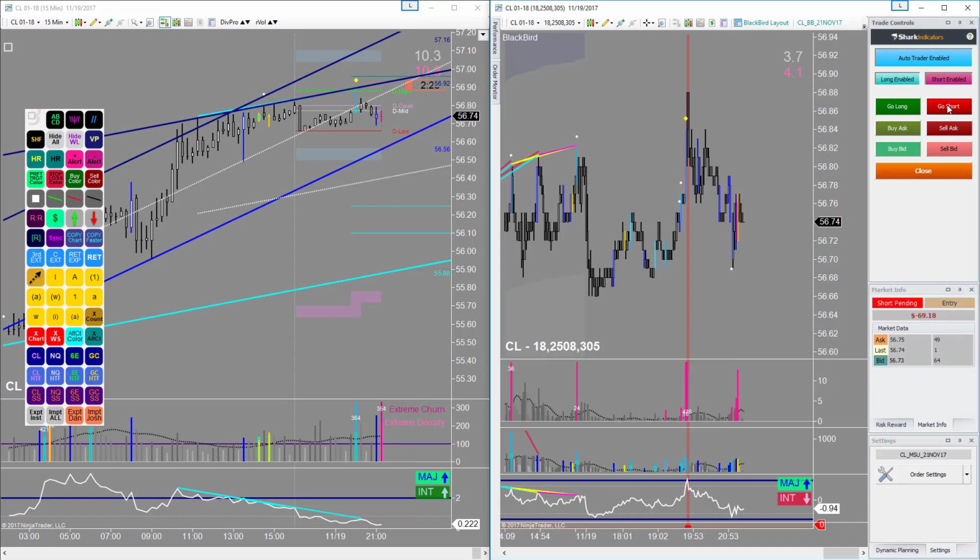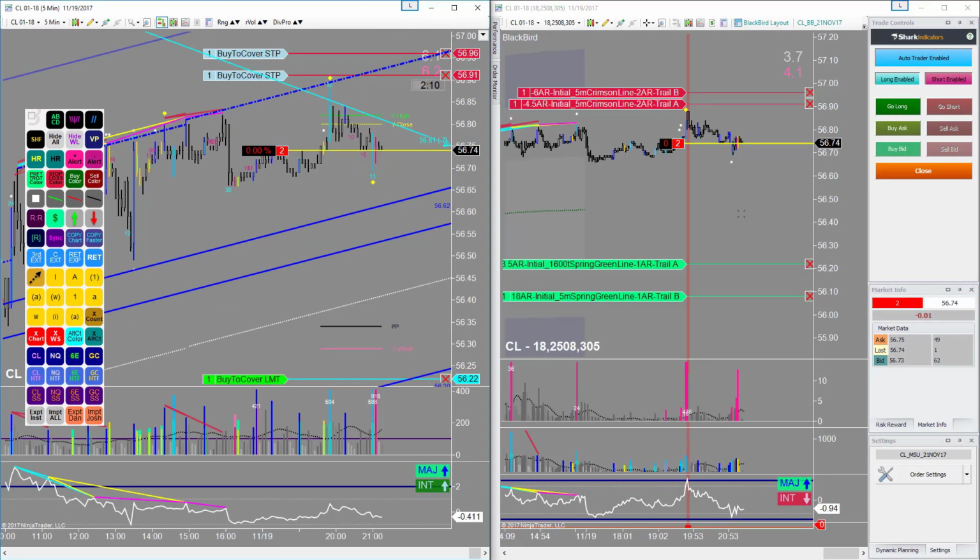Okay, so let's... Order pending. We have 60 seconds to figure out where we want to put the stop and the target. You can change that. You can make it as large or as small as you want. It's just not going to update the orders until after 1 minute. Typically, you'll know before you get into a trade where you want to put your stop and your target, but